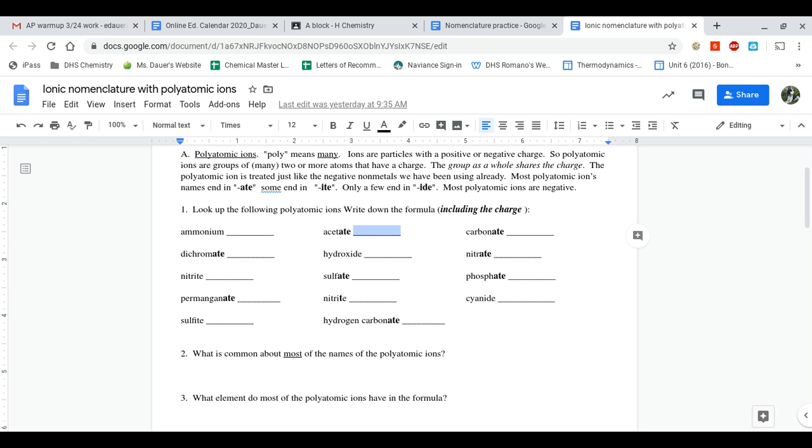I'm going to erase that. C2H3O2 minus. Must have been thinking about something else. Next, carbonate CO3 2 minus, dichromate Cr2O7 2 minus, hydroxide OH minus, nitrate NO3 minus,